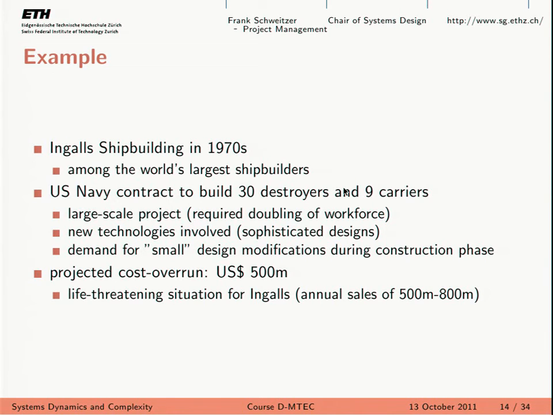So as new technology became available, they went back to the shipbuilder and requested these changes. At the end of the day, the projected cost overrun was in the scope of $500 million US. And just to put this number into perspective,